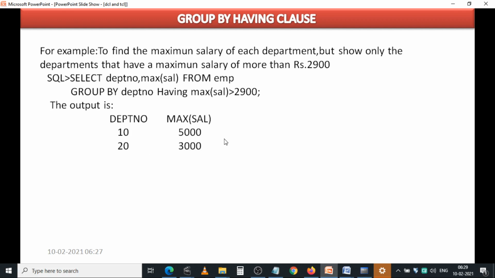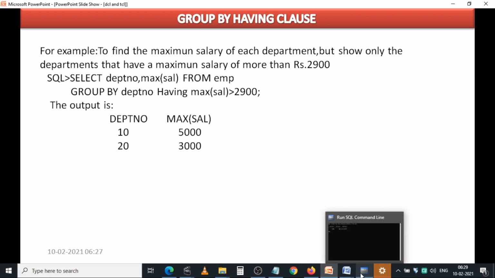So when you want to put any restrictions on the grouping of data, you use the having clause along with the group by clause. Let me show the practical implementation.